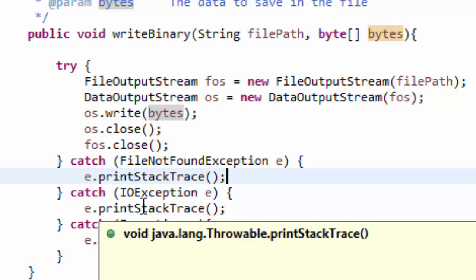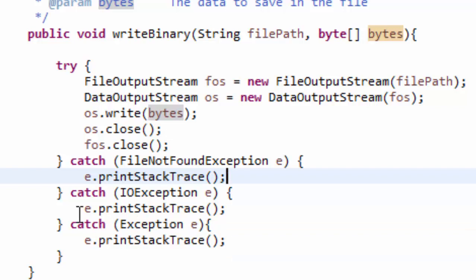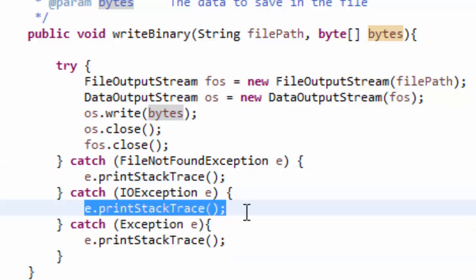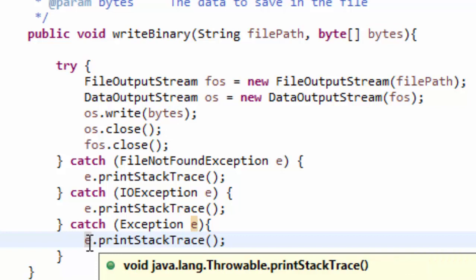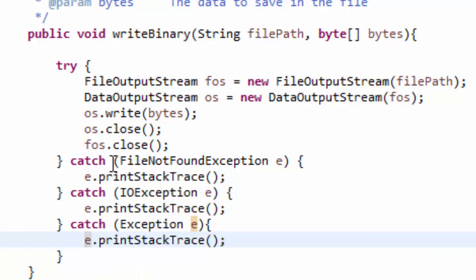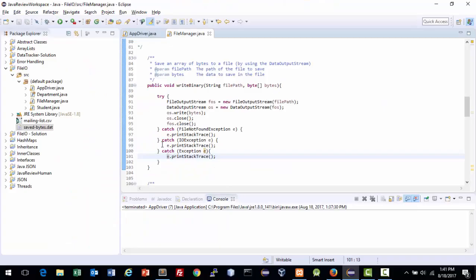This would tell us that there was a problem with our input and output, and this would be the code that runs if we had a general I/O exception. And then here's the catch-all, any kind of exception. We don't want to get too much into these catch blocks, but you'll see that you can have multiple catch blocks that will catch different types of errors depending on the error that actually occurs. Okay,